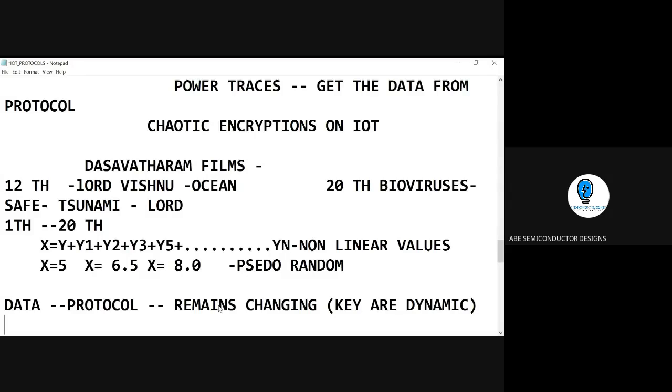So what is the mechanism? This is the mechanism which you have to understand clearly. It is being utilized for saving the data from MQTT, where MQTT has been suffering from a major attack called side channel attacks, through which you can get the data through the power traces from the network or from the devices. So this is how we overcome this.